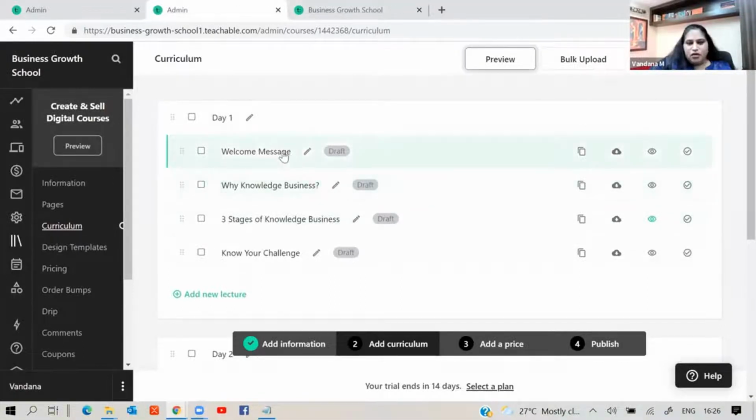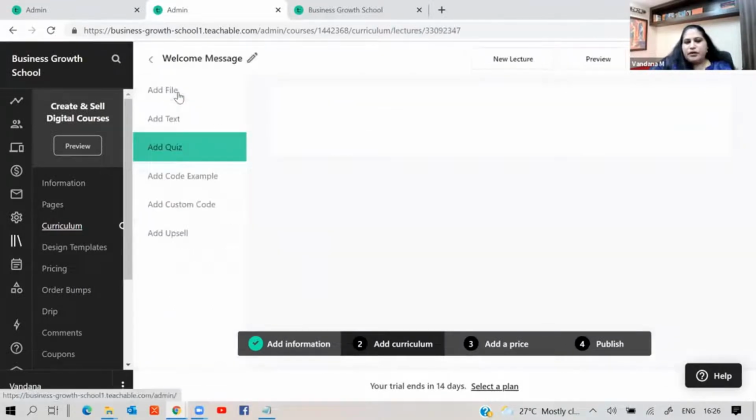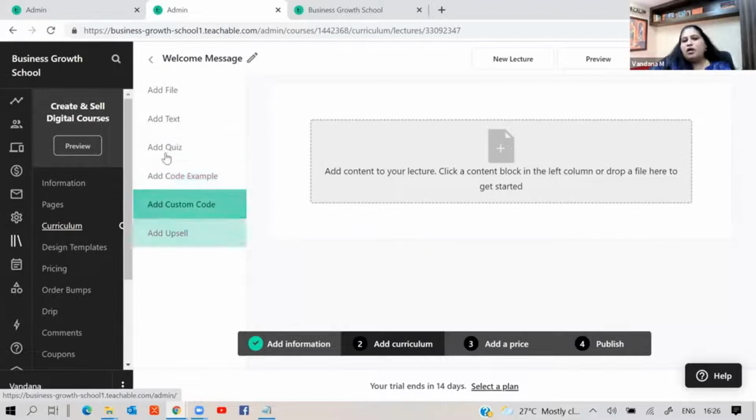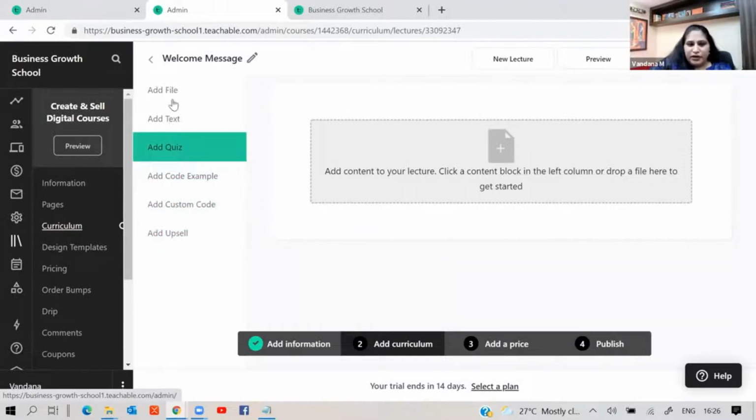So now welcome message. So now all of you have prepared your introduction video, who you are, what you do. So how do you now upload? You click on this, click on that heading that you have written, and now you have an option to add a file, add text, add quiz, add code, add custom code. Now the bottom four may not be your need right now. What you need to do is add a file,